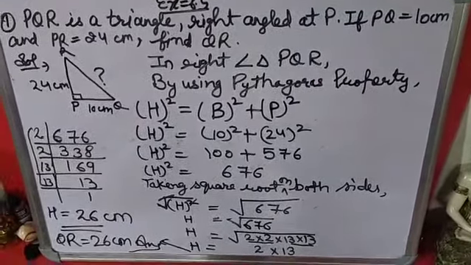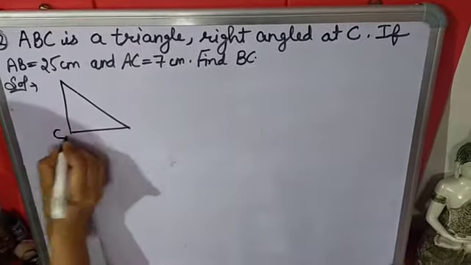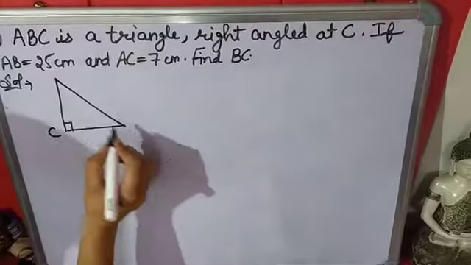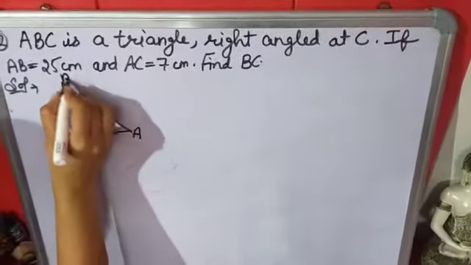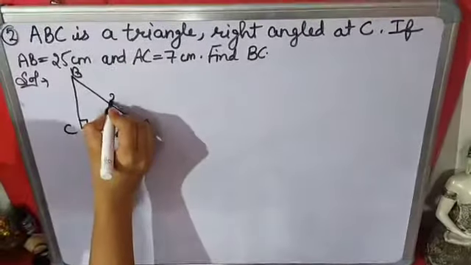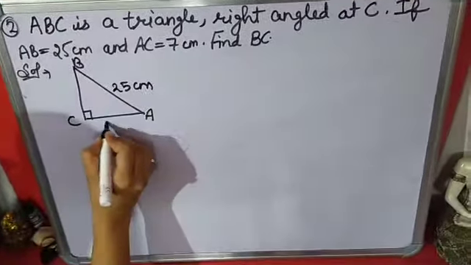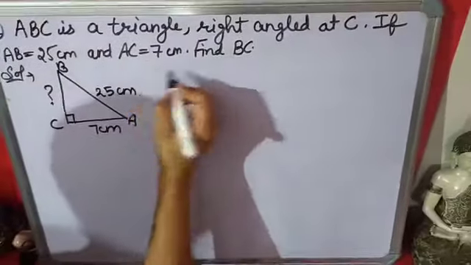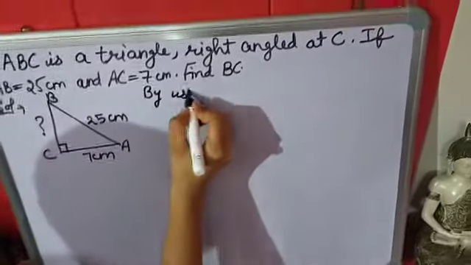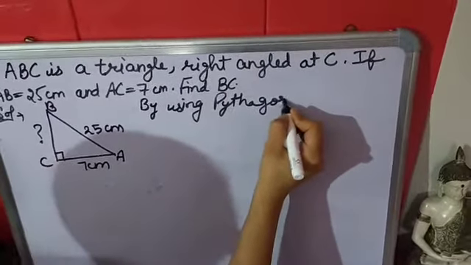Second question is, ABC is a triangle, right angle at C. Make a right angle triangle. Right angle at C means it will be like this, A, B, C. And if AB is equal to 25 centimeter and AC is equal to 7 centimeter, you have to find BC from here. It means you have to find the perpendicular. Again we will write here by using Pythagoras property